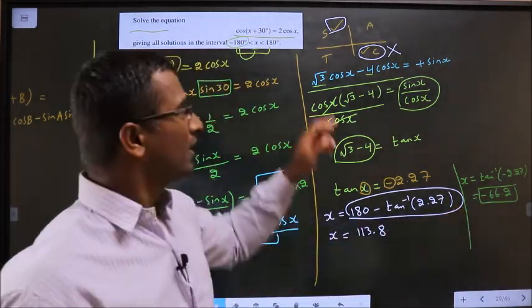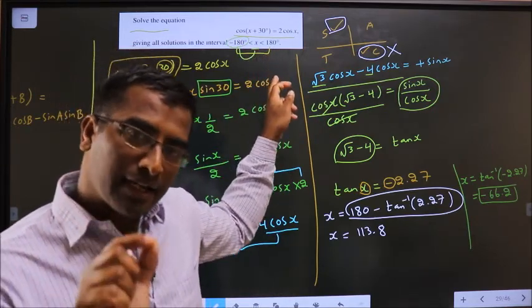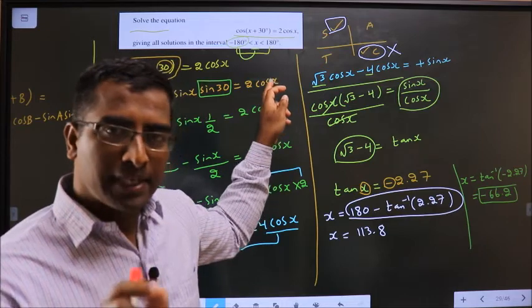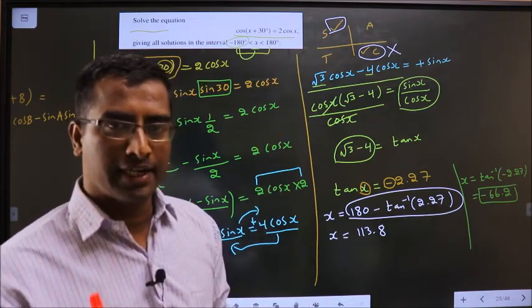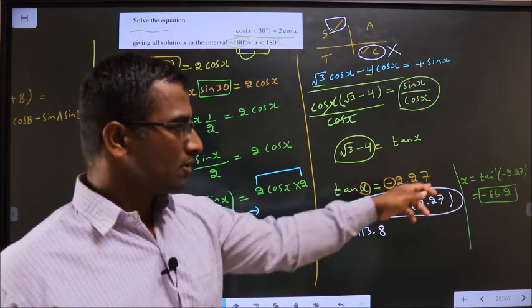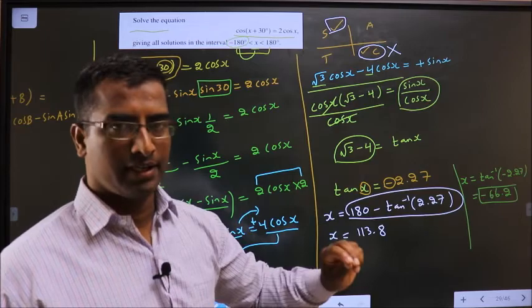Clear? Here negative interval means you should get the idea that a negative value for x will be there in the answer. You should somehow get the ways to find that negative value. So this is one of the ways to find that negative value. Clear? Okay.